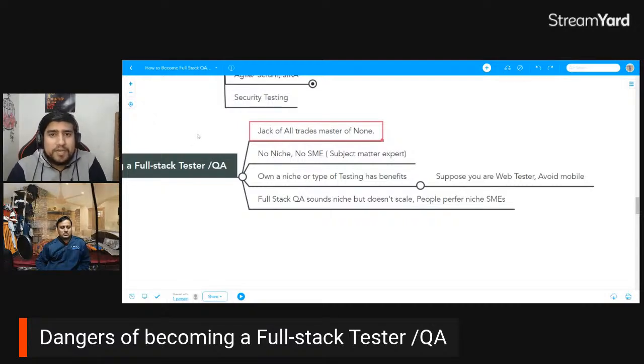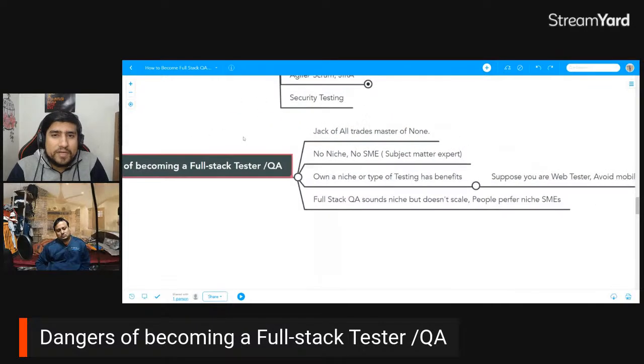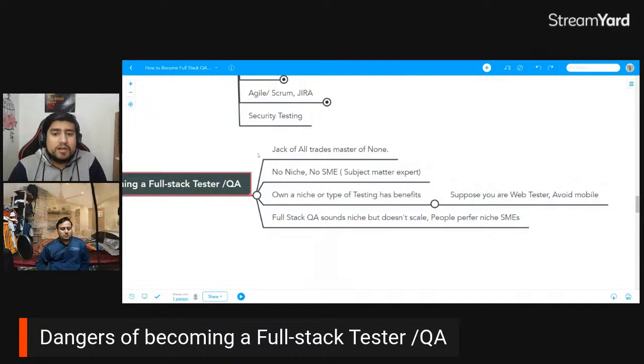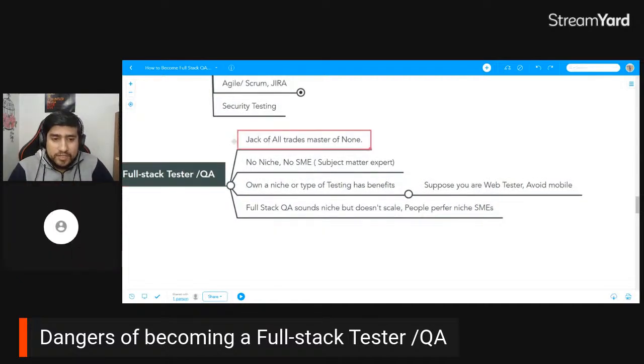Right now it's expected, but if you are not good in web automation testing, and some company will say, okay, do the API testing, in that case that's a problem, right? So becoming a jack of all trades like in full stack QA, from my personal perspective, it's not good. You should have a niche. I started in web automation, mostly web related things. I had done some Android related and other things, but my forte was always to do functional testing related to web applications most of the time. I really love those things.